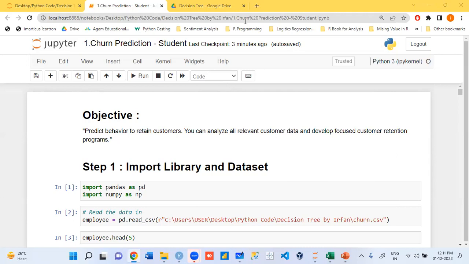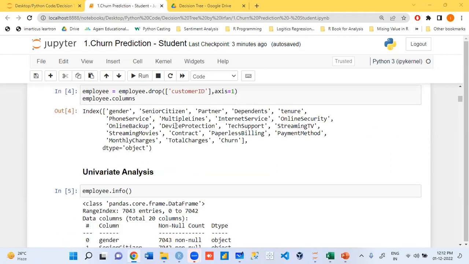Done? Getting output for each and every one. Just cross check.